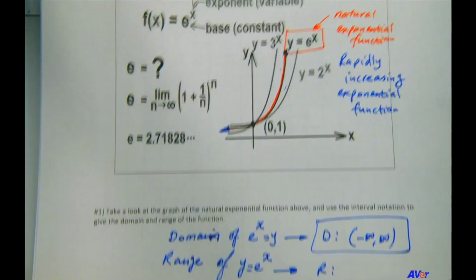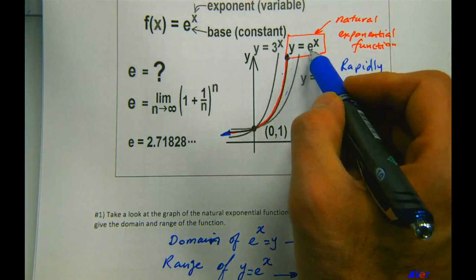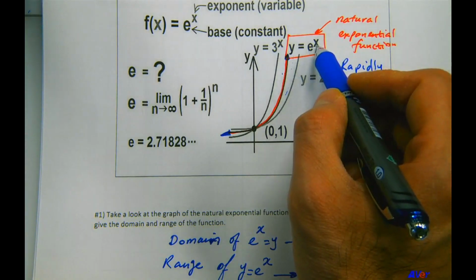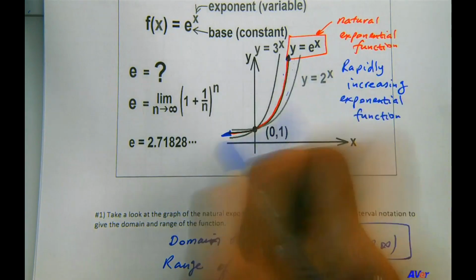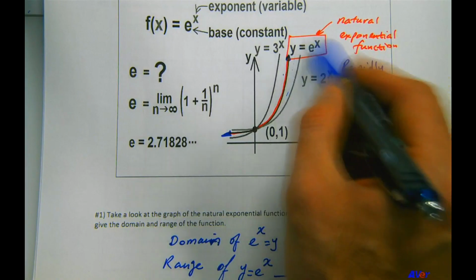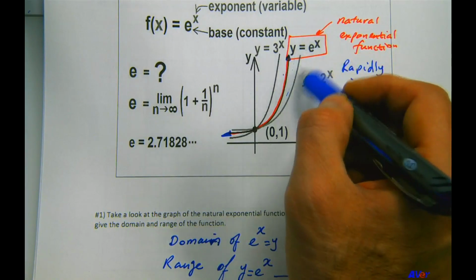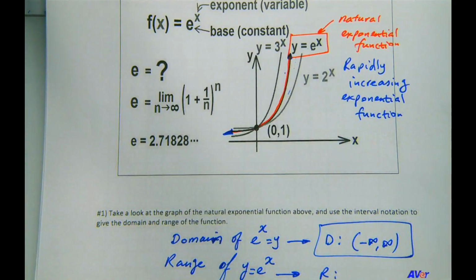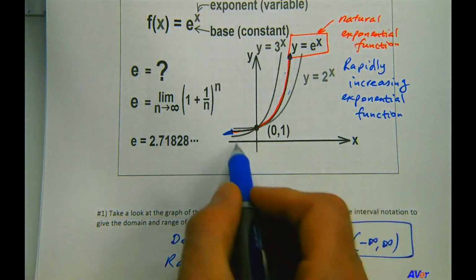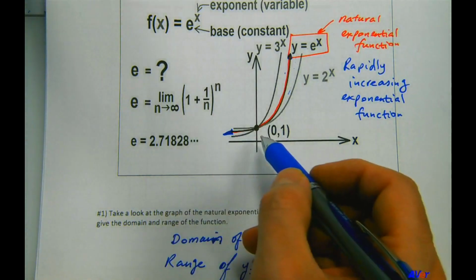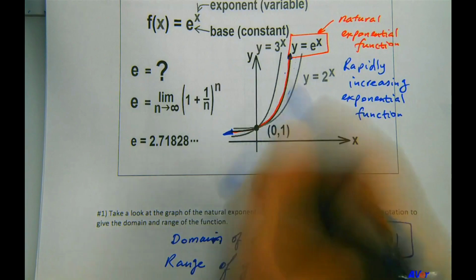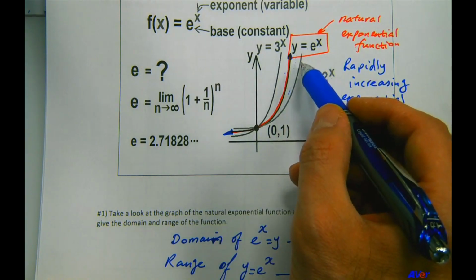The reason is that even though this quantity can get very, very close to 0 for negative values of x, right? If x values are negative, and it's obvious from this graph, this quantity, natural exponential function, becomes increasingly closer and closer to 0. Okay, so we do have a limit on the lower side of the range,